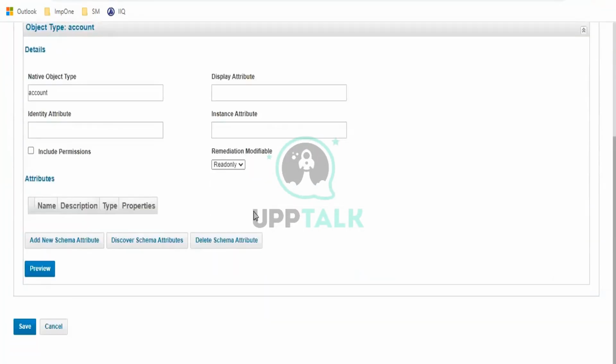Now, if an attribute is a number, will it automatically take integer or will it still be string? If the data type is integer, you have to mention integer, and it will fetch. No issue, no need to mention integer and all. It will fetch all the data.